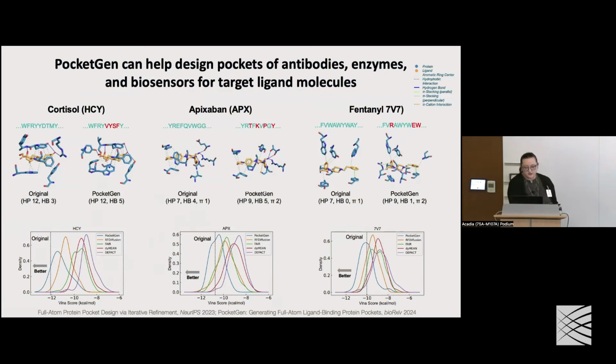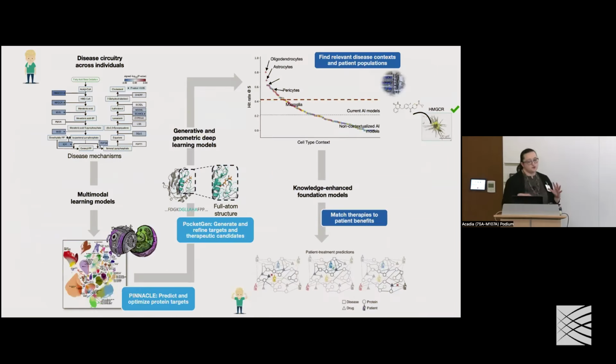And those are three very different use cases that demonstrate how PocketGen can support generative modeling across areas that are relevant for therapeutic development and more broadly bioengineering. So to wrap up this primer here, what I showed you throughout this talk are two recently developed models, specifically